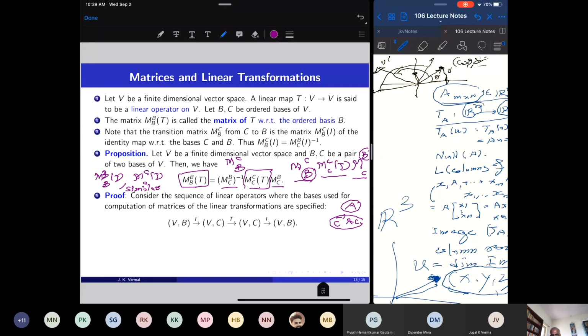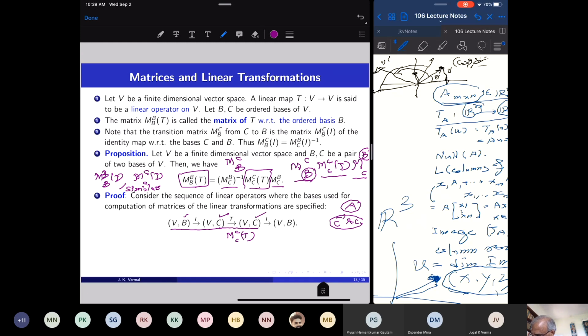If I change from one basis to another, the matrices with respect to different bases are going to be similar to each other. Okay, so to prove this equation, let us look at the linear transformation identity map from V to V, where I fix the domain basis B of V and basis C of V. Then I have the linear transformation T from V_C to V_C, which means I have basis C of V. So we can determine the matrix of T when we fix basis C. So I will get M_C^C(T) from here, and here is the identity map from V to V, where I have changed the ordering of the bases.